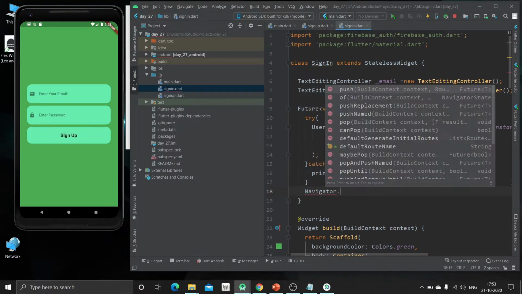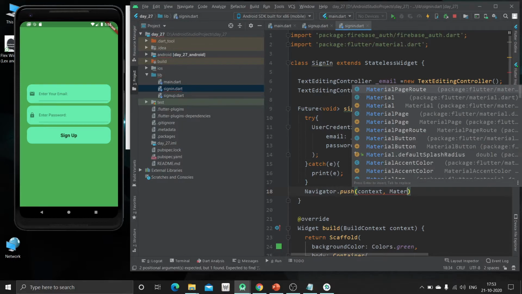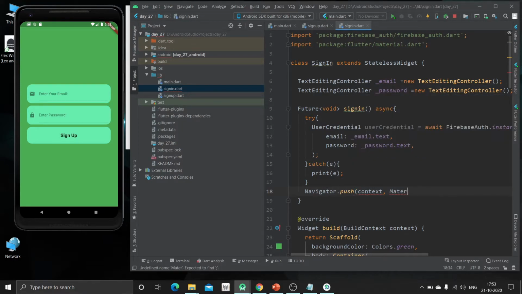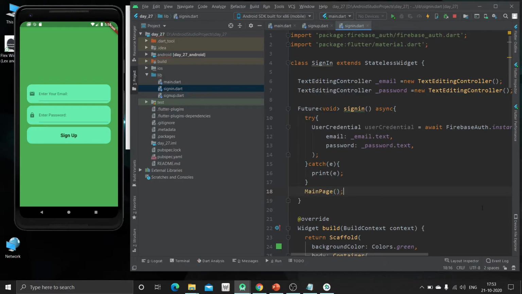So we are going to use navigator.push. I'm going to call, or else we can directly call this method instead of using this. So the main page. Just hit Control and S again.